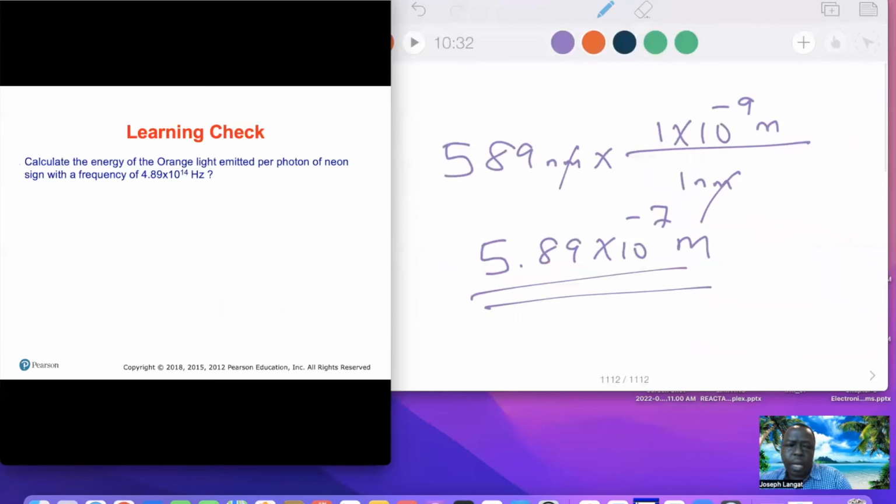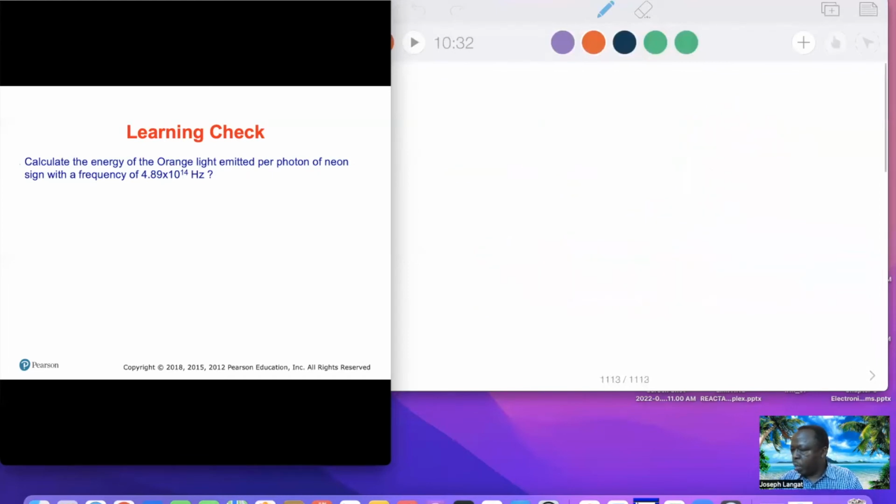Here is another example. Learning check. Calculate the energy of orange light emitted per photon of a neon sign with the frequency. All right, so we know the frequency. So here, energy per photon equals the Planck's constant times the frequency,